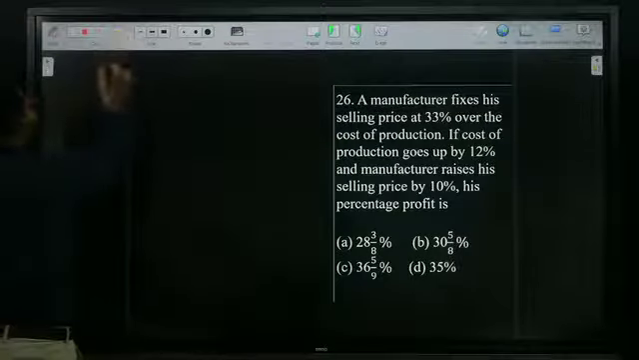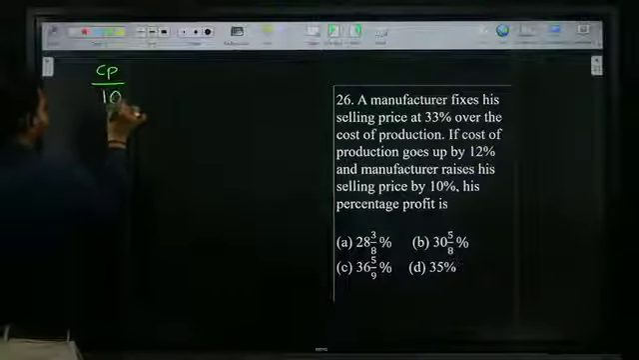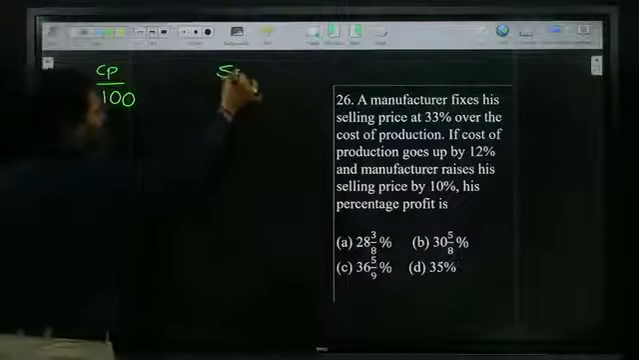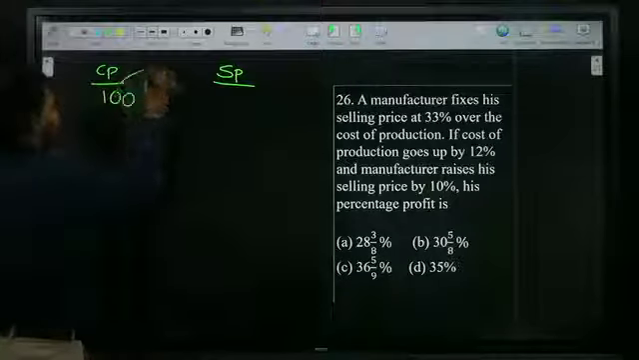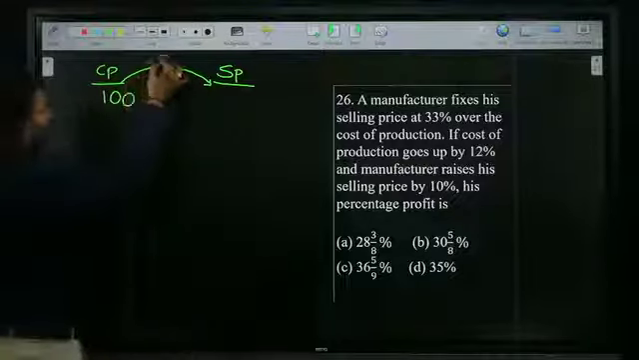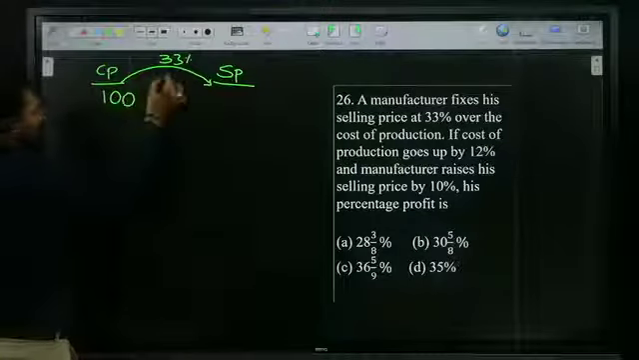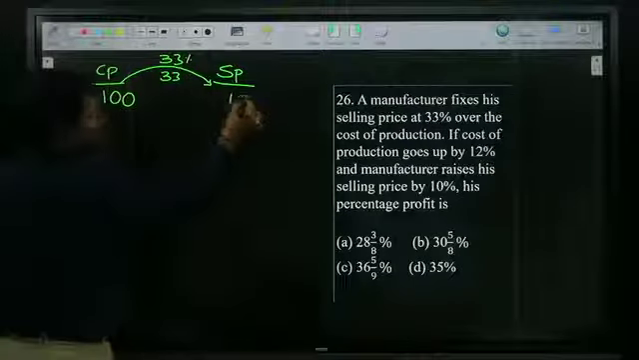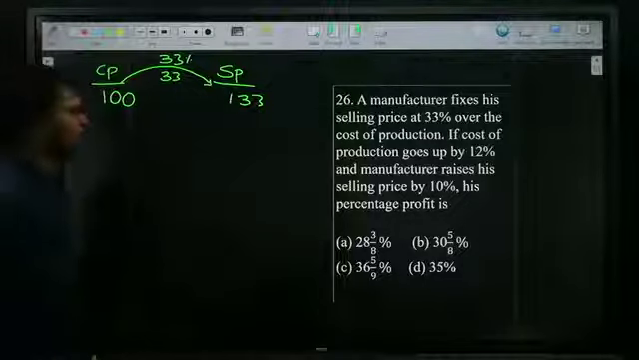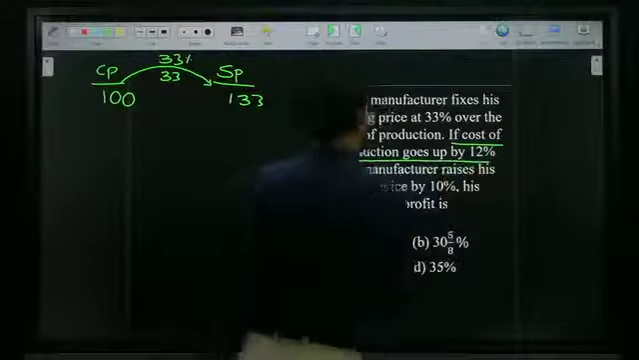Cost of the production I assume as 100. He fixes selling price 33% above the cost of the production. So 33% above the cost of the production is nothing but 133. Therefore, selling price is 133. Next, if the cost of the production goes up by 12%,